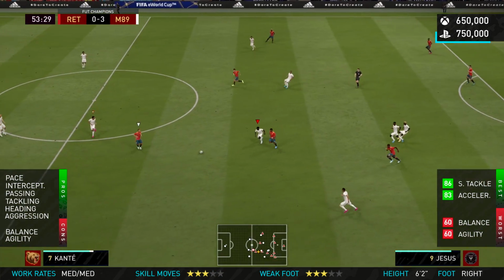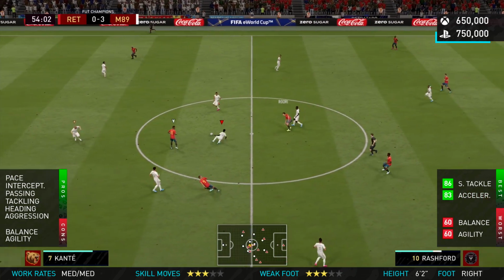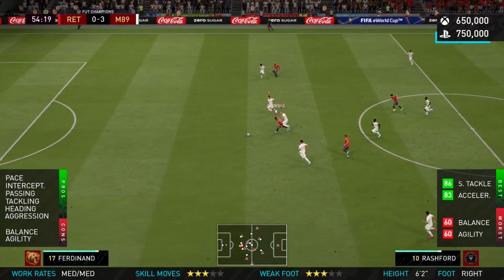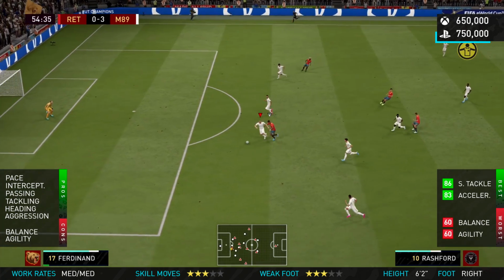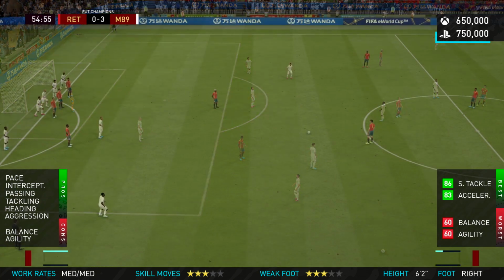60 agility, 60 balance, no bueno. When it comes to the pros, though, lads, he's got the pace. He's got the pace in abundance. And especially with the Shadow Chem style, it boosts his acceleration plus 15, that goes to